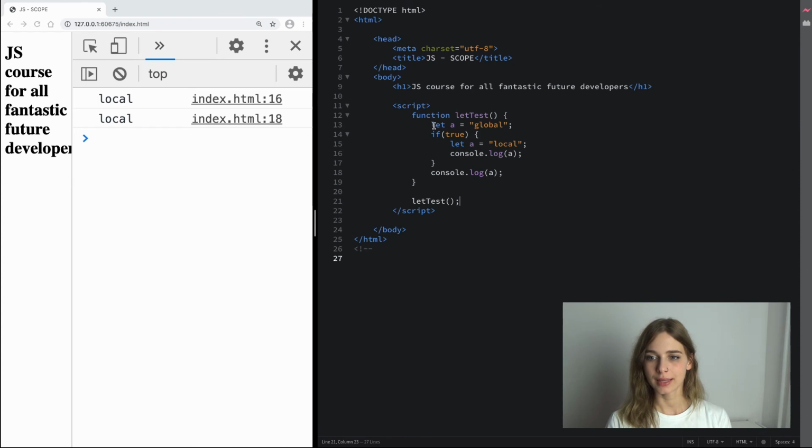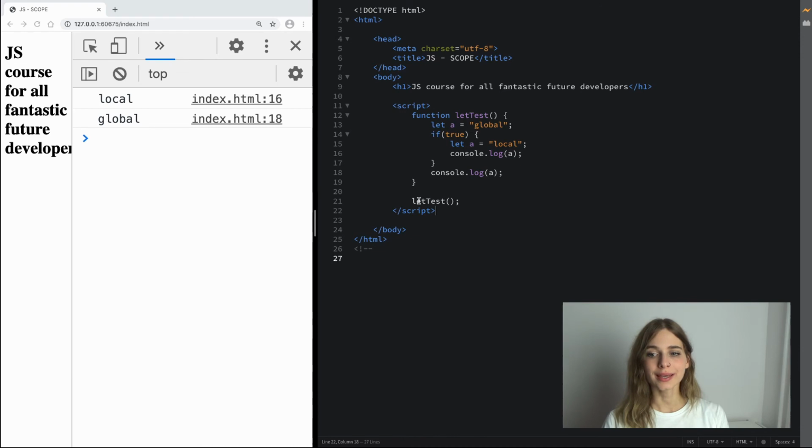I gave let a value of global here, and then a condition if true, let a equals local, console log a, console log a. Save it, refresh, and we have now two different values. It goes local and global, and it's because